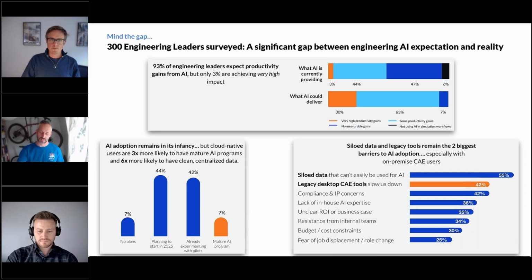I kind of hate this because I don't think that when we enable engineers to use AI, we should necessarily need AI expertise in-house. It feels like we've solved one problem and we've created another one. We're not making people more efficient because now we need data experts as well. And it seems to be a bit unfair. And we're looking at it differently. I think we can solve it differently as a company.